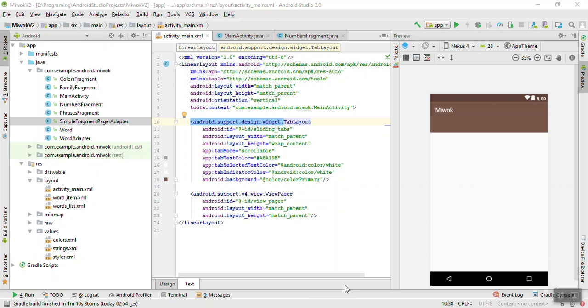The first thing is working on the designing details. This is the layout file of the main activity. We have to add a view pager that contains the pages, each page talking about a category of words. This view pager contains these pages and provides the swiping behavior,